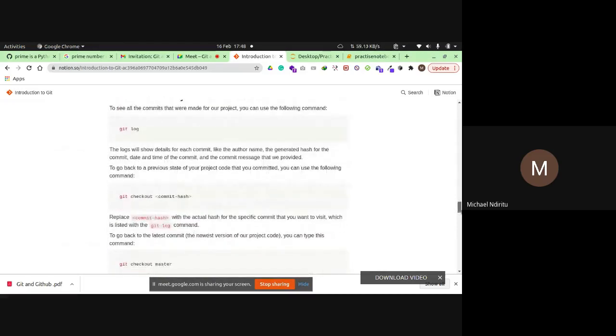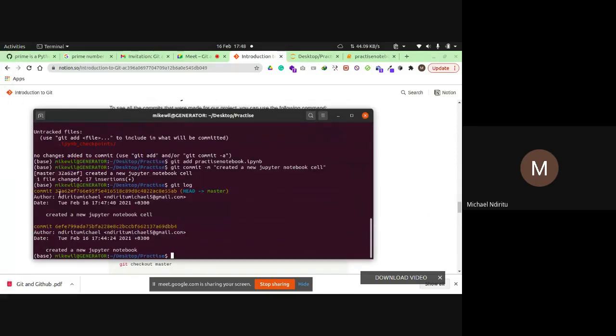If you make a mistake and you want to roll back your changes, you just use git checkout, then you go for this. It's called a commit hash. This long word in here. This is what you use. So maybe I can use this one. Let me see if it goes back. No, sorry.